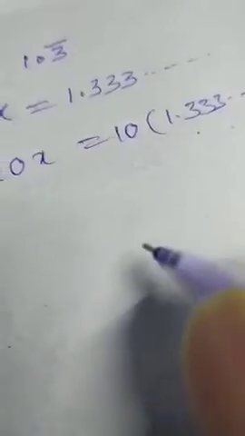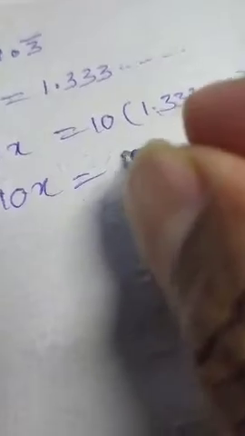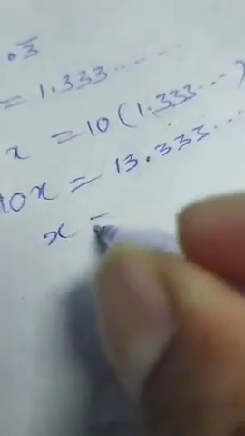10x is equal to 10 into 1.333 and so on. Right? Next, multiply this on the right hand side. 10x is equal to, when you are multiplying with 10, the decimal point moves 1 digit to the right hand side. So it becomes 13.333 and so on. Now subtract this equation from this. x is equal to